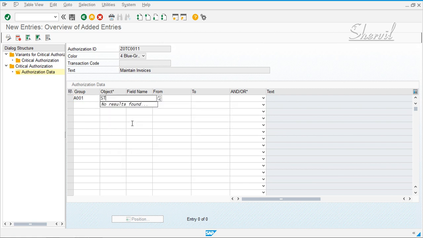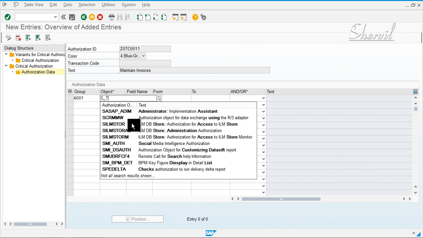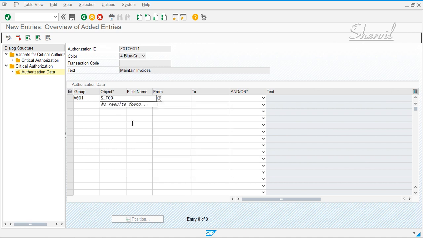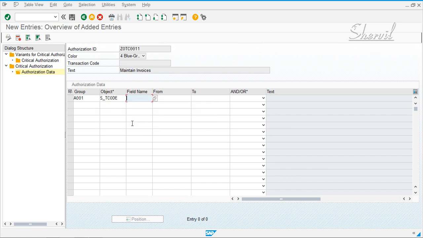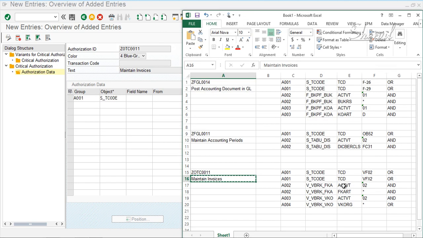If you enter the object, every combination within the rule set has to end with an AND or OR operand, and entries belonging to the same set have to have the same group ID.